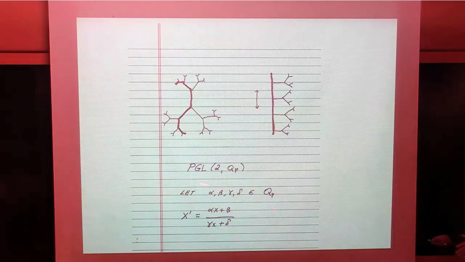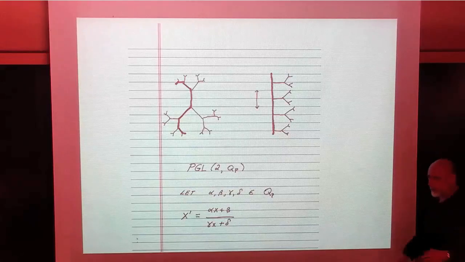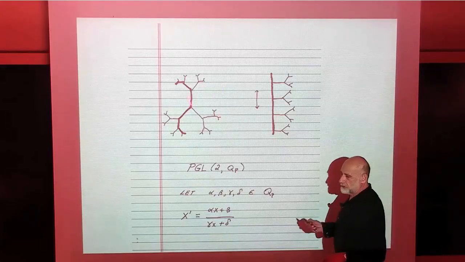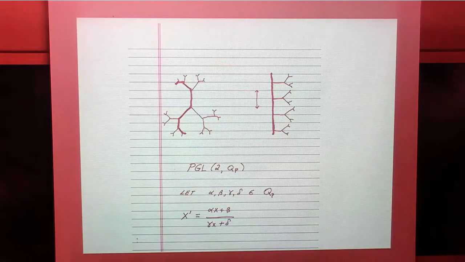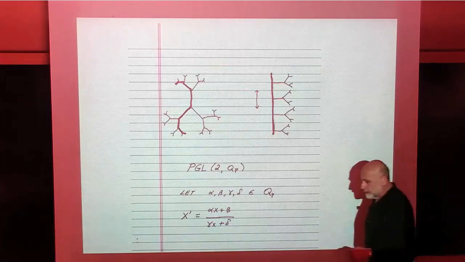And this is the transformation. Looks like a conformal transformation. This is the source. This is the ultimate source of the conformal structure here. Now, there is one point that